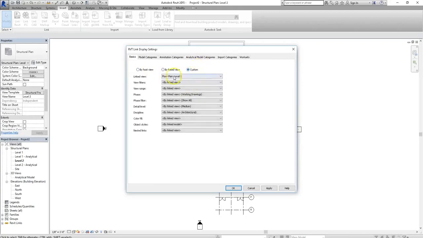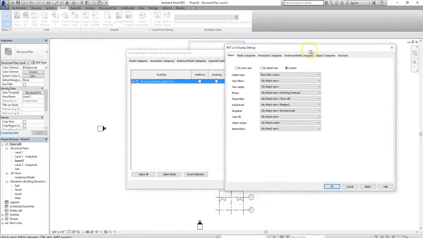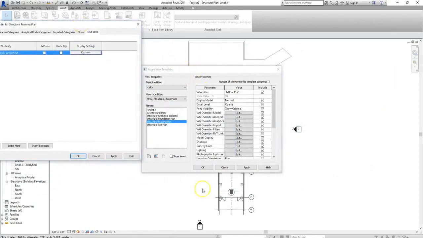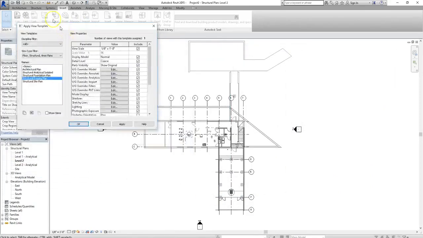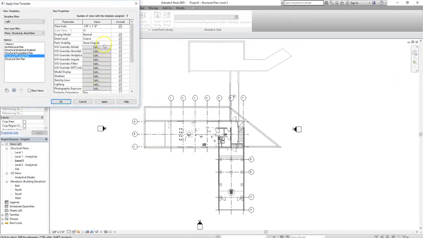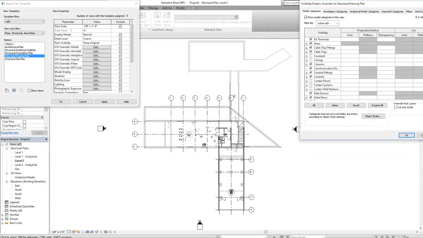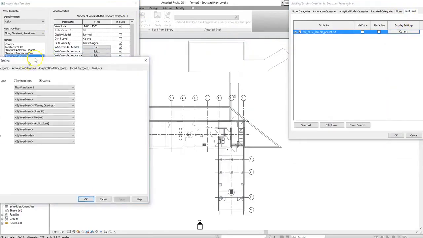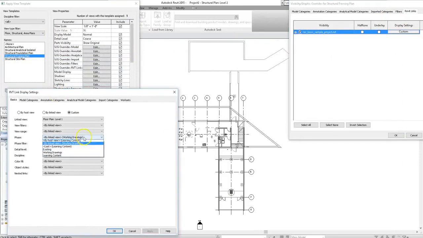By choosing custom, you have the ability to change every single thing that relates back to the visibility graphics settings of the architectural model, even phasing. So what you'll see when we put that into action, and let me actually move some of these windows so you can see what happens when this change is made. So again, if we go back into our visibility graphics override settings and select Revit Links, choose the dialog box, which now says custom because of what we did before. We can now change anything from phasing,